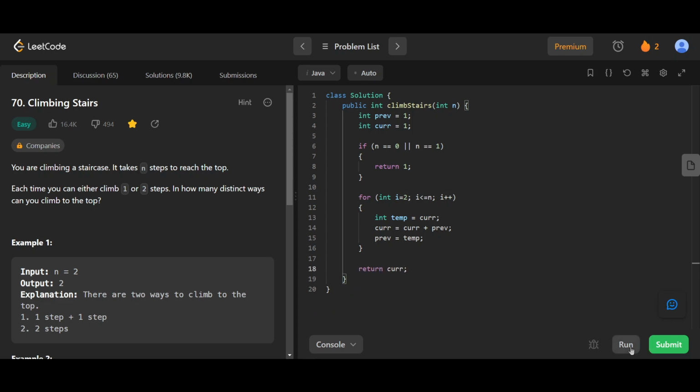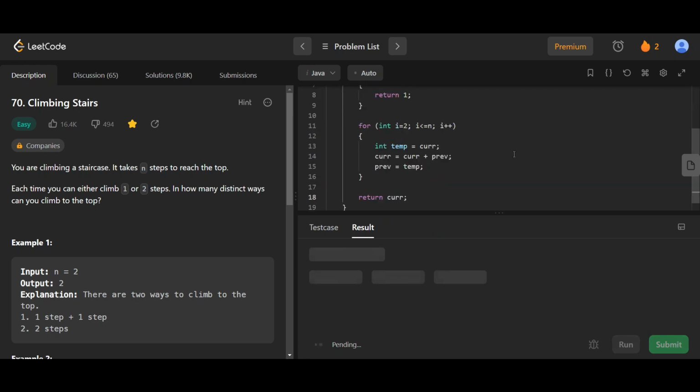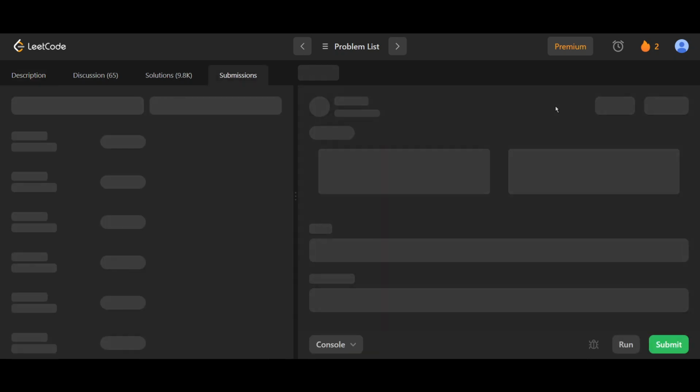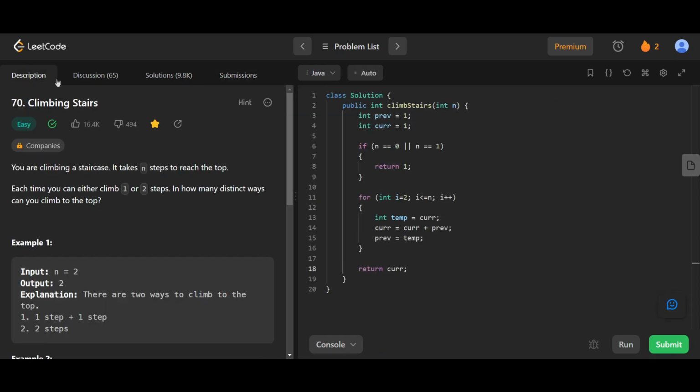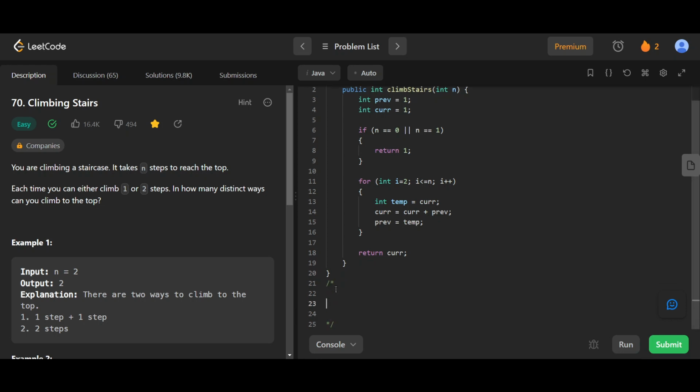Okay, let's run code. Okay, submit. And it works. Now this is a very common problem,